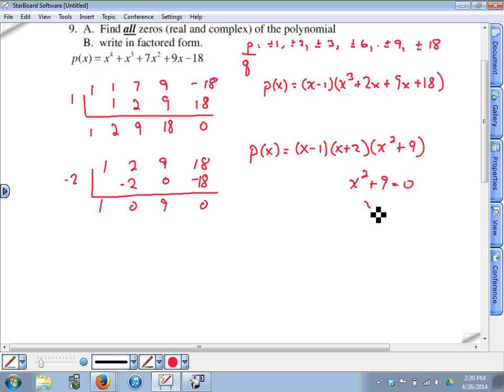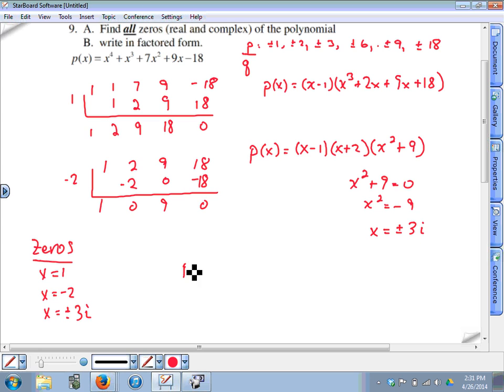If you subtract 9 and then square root both sides, you get x equals plus or minus 3i. And those are the remaining two zeros. So to answer part A, the zeros were x equals 1, x equals negative 2, and x equals plus or minus 3i. Those are 4 zeros, and we knew we had to find 4 because it was a 4th degree